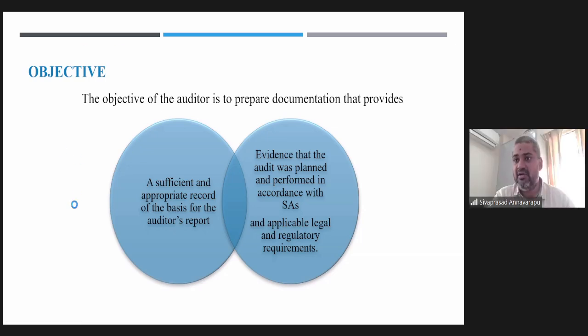Rather, it says that whatever the auditor in his professional judgment feels is relevant to demonstrate that the audit has been done. So it is not mandating that these are the requirements. It is the professional judgment of the auditor to collect and put on record everything that is relevant to demonstrate that the audit opinion has been arrived at properly.